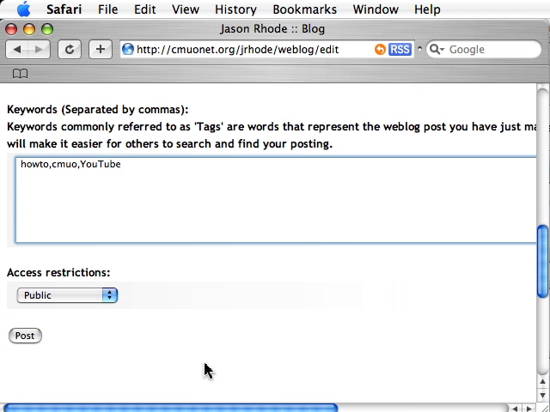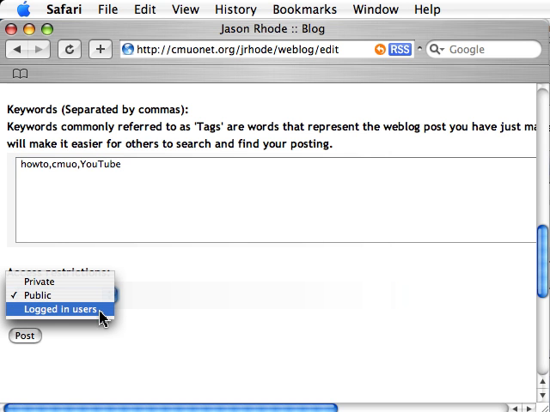Access restrictions is public by default. If I wanted this post to only be accessible to logged in users, or if I wanted this to be a private post that's only for me, and I don't want anyone else to have access to it, I could select private. So you really can use your personal CMUOnet blog as a journal. If there are certain posts that you don't want to share with others, you have control over that. But by default, your posts are public so that others can view them, and public posts are the only ones that will show up in the RSS feed for your blog. By clicking Post,